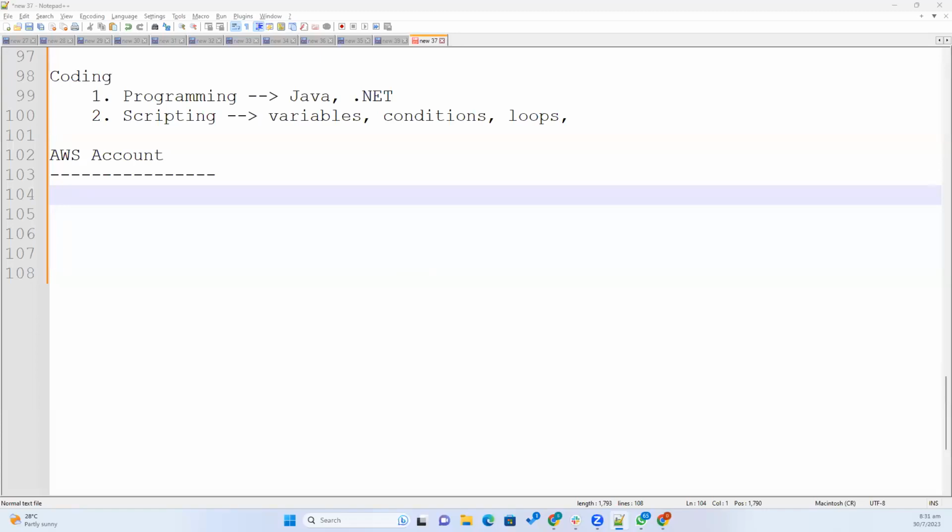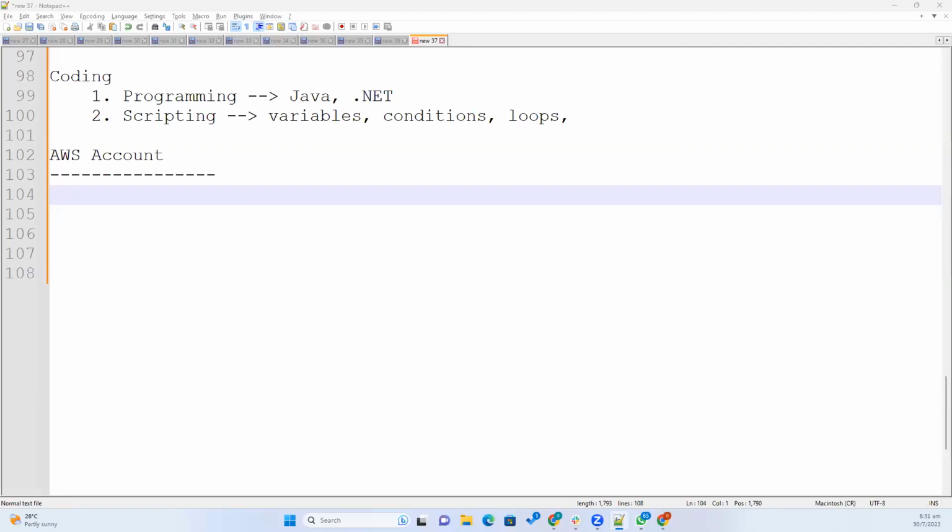Okay, so a simple use case: you have a lot of dev RDS instances and EC2 instances running. After 9 p.m., everybody is going to leave the office. Why should we run them continuously? AWS will charge us. So you can use Python scripting to automatically switch off the dev instances at 8 p.m. or 9 p.m. and automatically switch them on the next morning, maybe at 8 a.m. So this is one of the Python use cases. You have to do it with Python scripting.